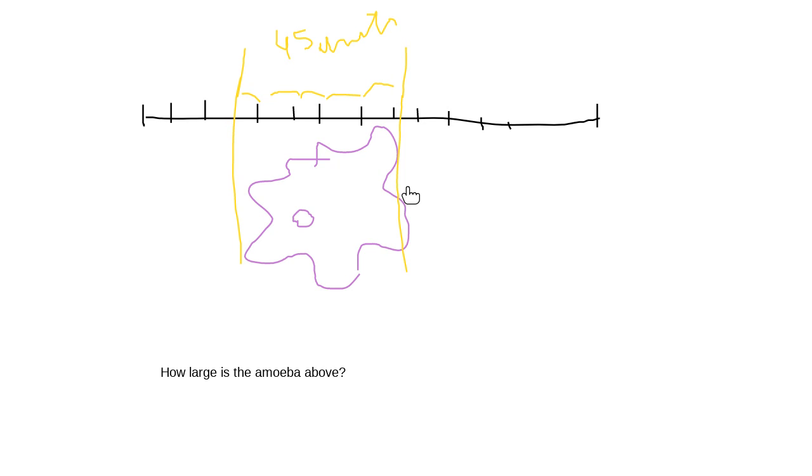So this is how large my amoeba looks when I'm using a certain magnification. But since I haven't told you, you're supposed to say, I don't know. So not 45 micrometers, okay? All right. So new one, which will be